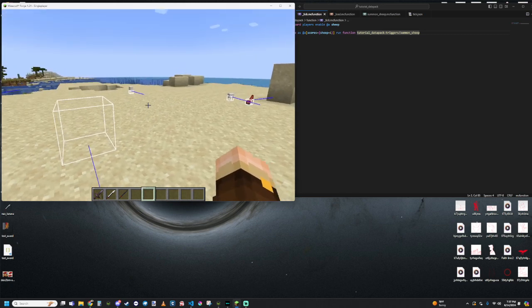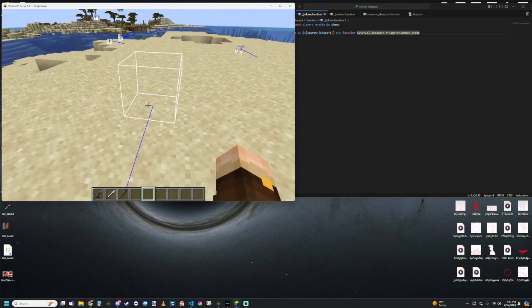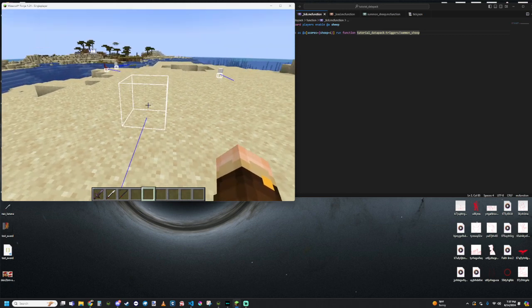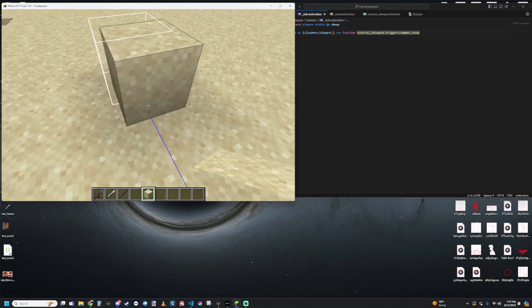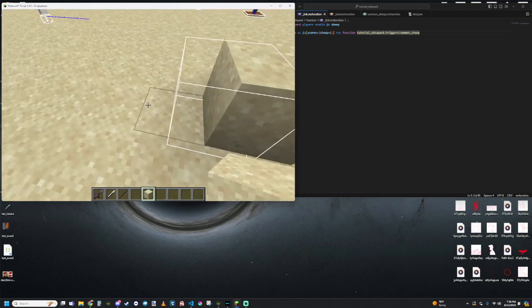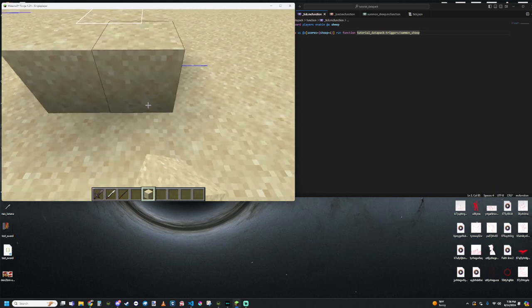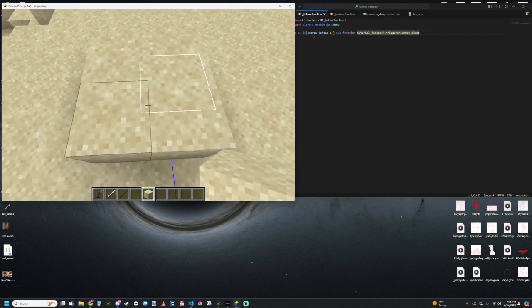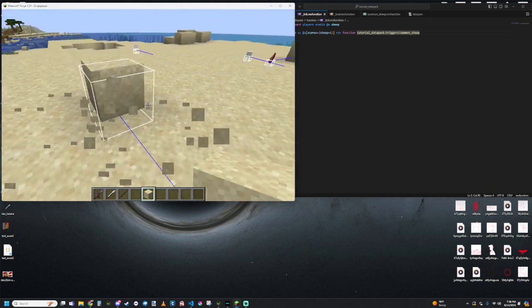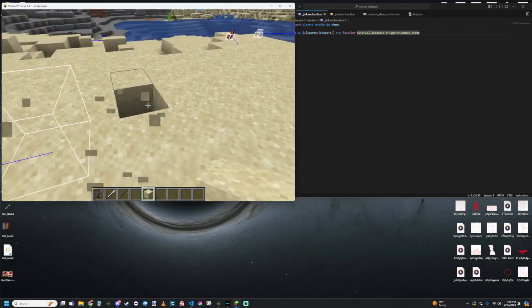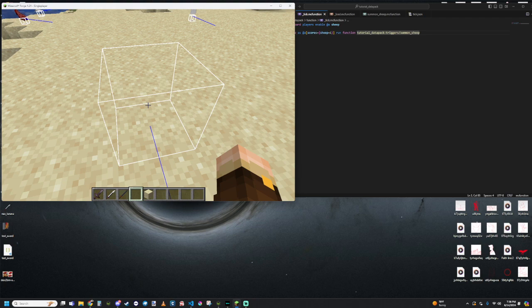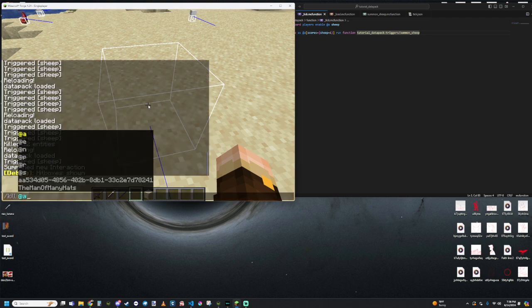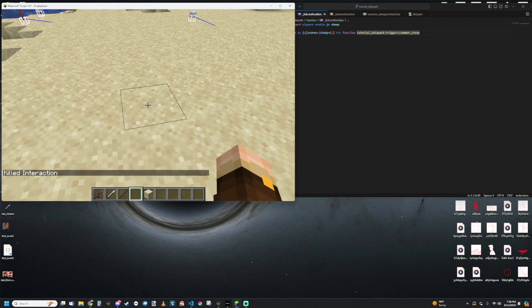So if you are wanting right-click detection on an object or a block, this is your go-to thing. This is an entity, and it doesn't have any kind of cramming stuff. So you can just place this wherever you want. And if you right-click on it, it will detect it. So /kill that, and then let me